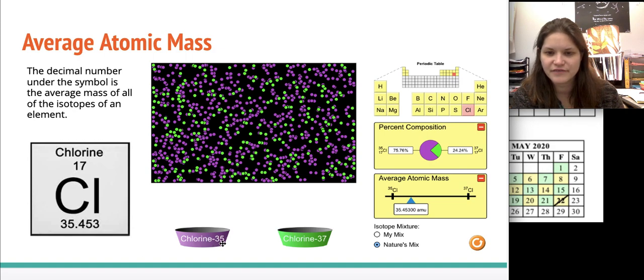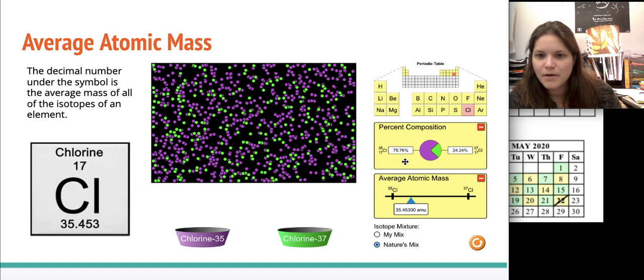There's chlorine 35 and there's chlorine 37. And most of the chlorine in nature is made up of the 35. You can see that that's over 75%. And then the 37, that's only about a quarter of the chlorine that exists in nature. And so that's why the average is in between,